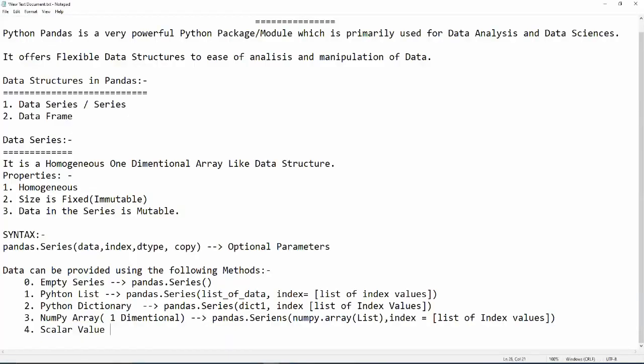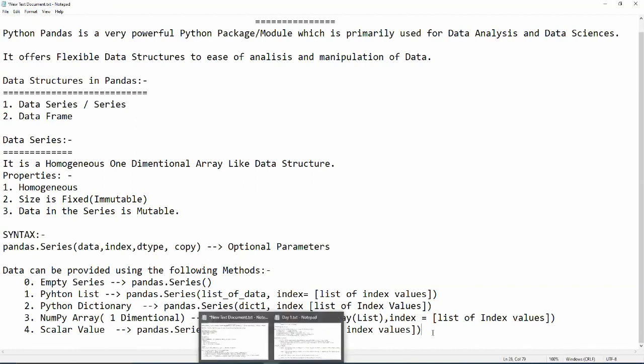So for a scalar value, we just need to provide the syntax as pandas.Series, then the scalar value, and then the list of indexes, and the scalar value will be copied at all the index positions provided in the list of index values. Okay, I hope this is clear.